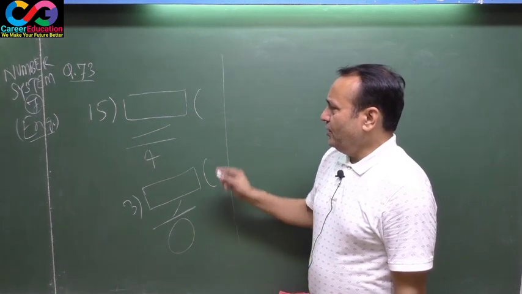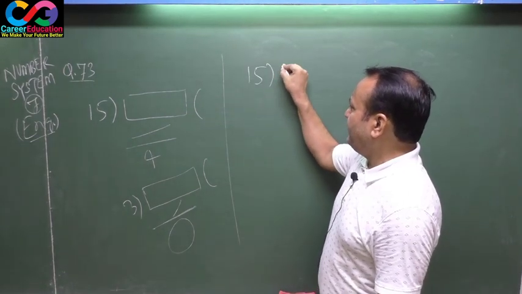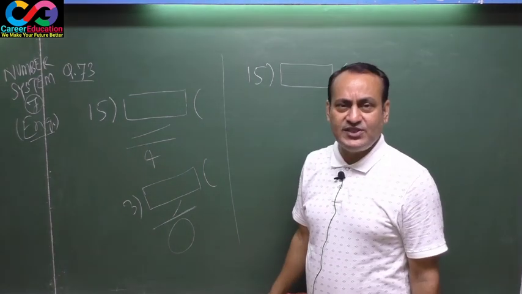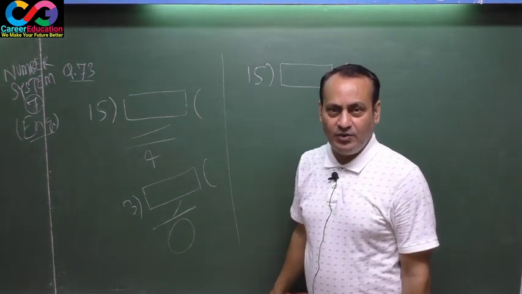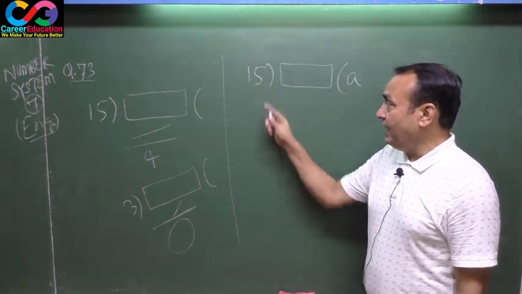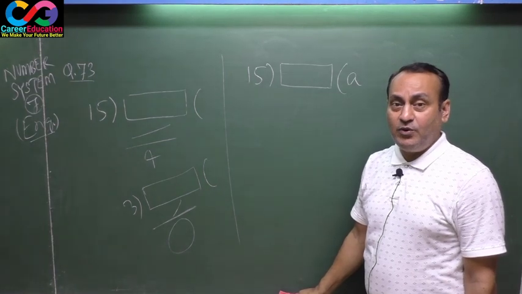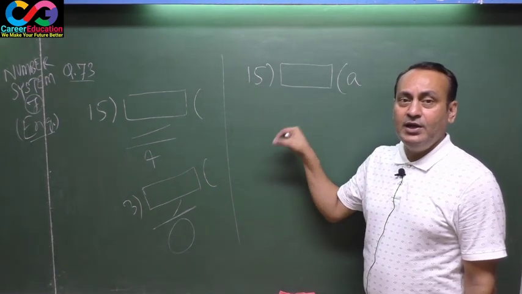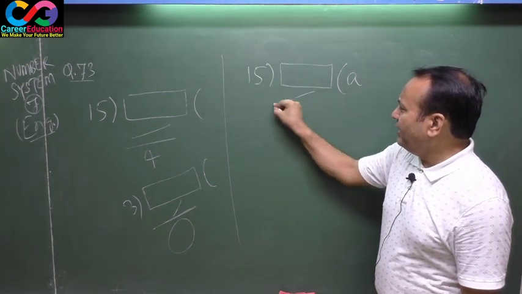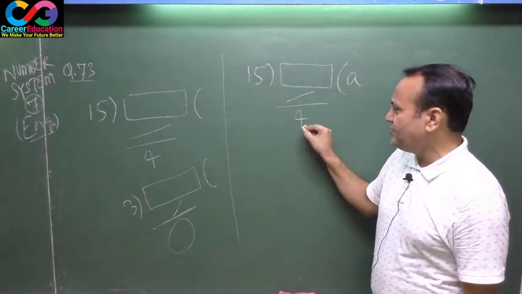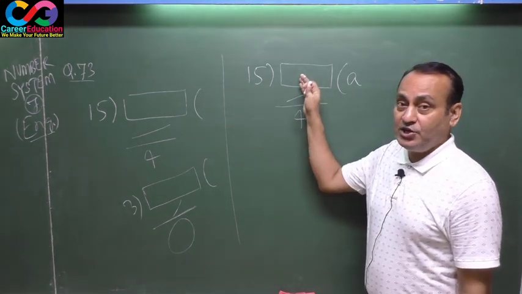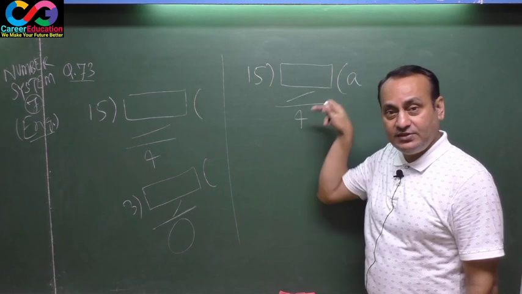Suppose when you divide any number by 15, there must be some chance, that is called the quotient. Let a number unknown to me be divided by a divisor of 15. Whenever this number is divided by 15, suppose the quotient is A. And the remainder is given by the question itself: 4. That means, according to the formula, this dividend equals this into this plus this.